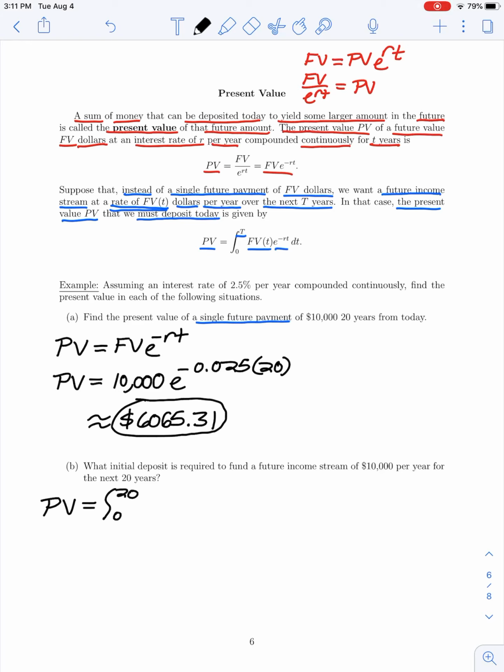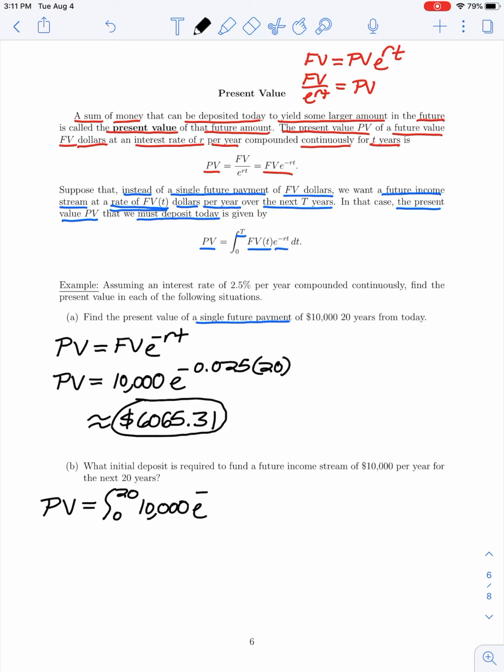So for a period of 20 years, we would have year 0, or right now, up through 20 years from now. And we're integrating our income stream, which would be a constant $10,000 per year over time, times e to the negative RT,